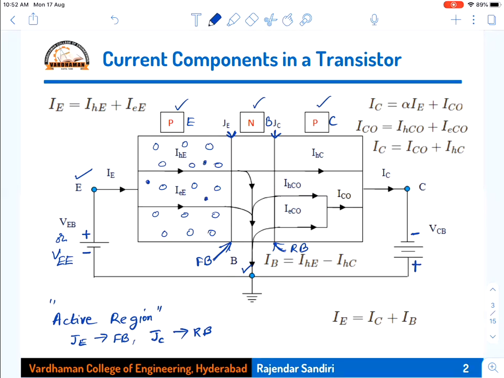So this is the region. Now holes will be moving in the forward direction. All the holes will move like this. And because minority charge carriers, electrons, are there, they will be moving in the opposite direction. Holes will be moving in the forward direction from emitter to base when you apply the battery. So when holes are moving forward and electrons are moving in the opposite direction,